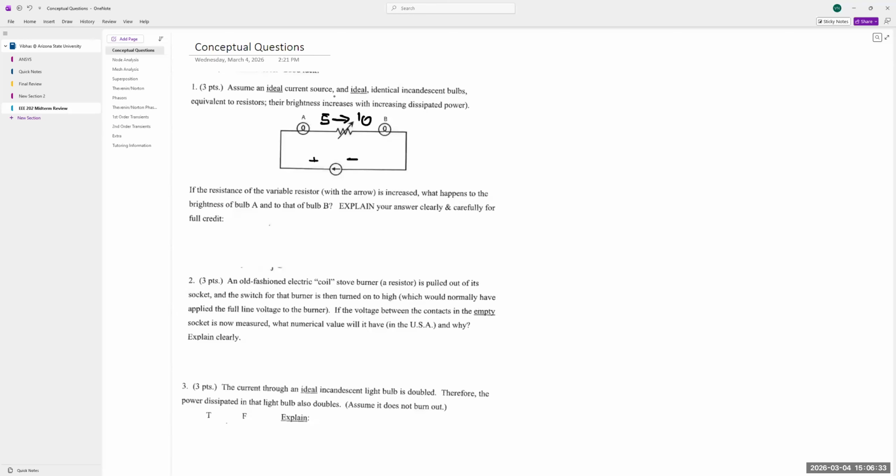If the voltage is turned on to high, what would the voltage be across the empty sockets? So it's saying that a stove burner, you might have seen one at home like this, is pulled out of its sockets. So all that's left is empty terminals. And if you turn the dial on to high,